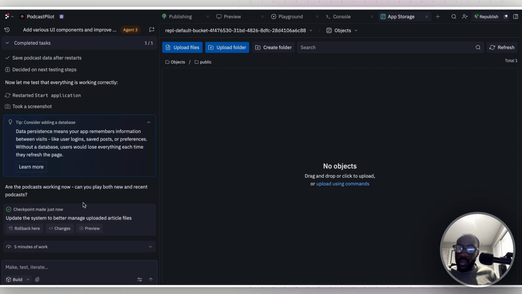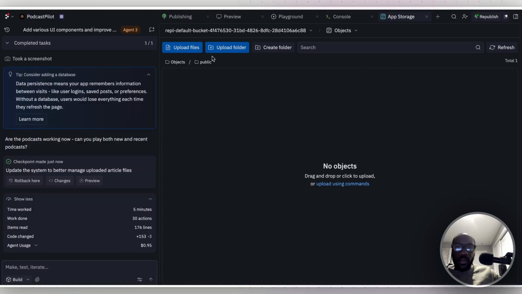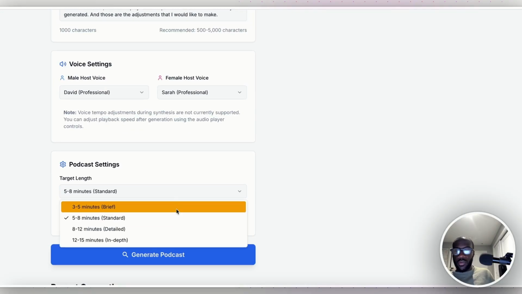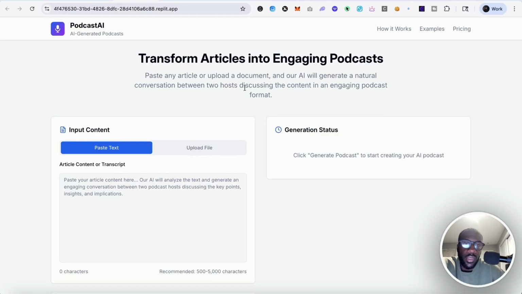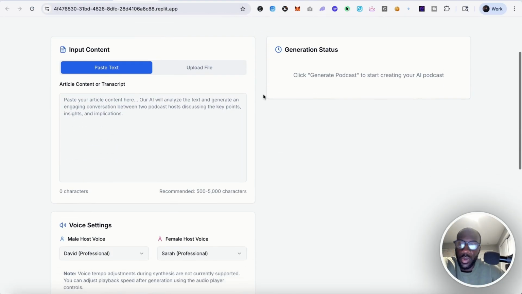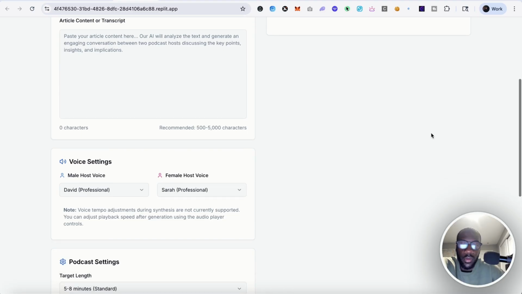Are the podcasts working now? Can you play both new and recent podcasts? Update system that manages uploaded article files. Let's see. Are we able to just preview it from here? Let's go check it out. View live app. Paste the same thing. Choose whoever. All right. So we've made adjustments to the app itself to where the edit script button is now